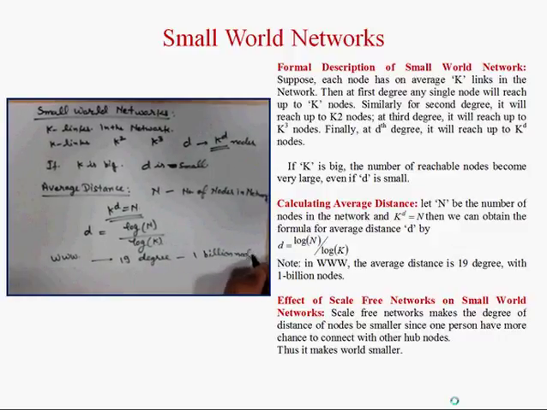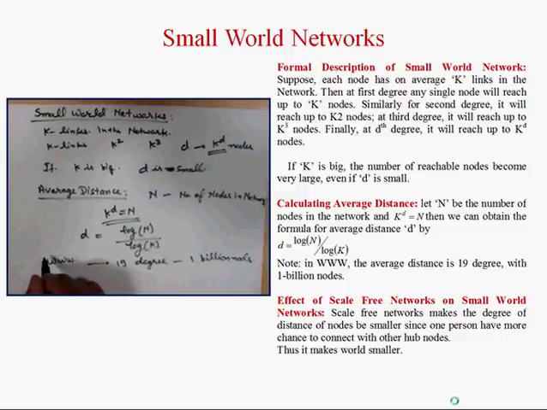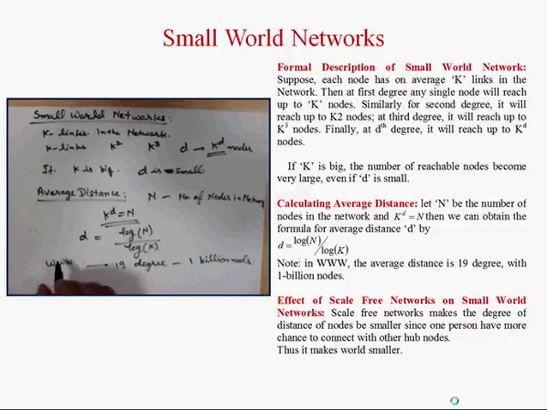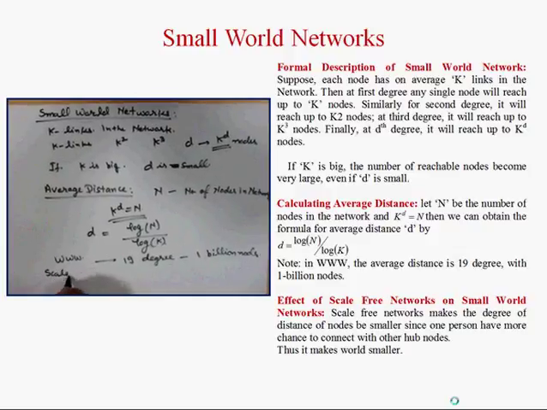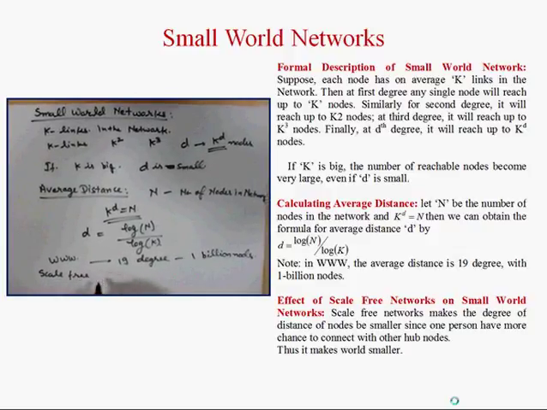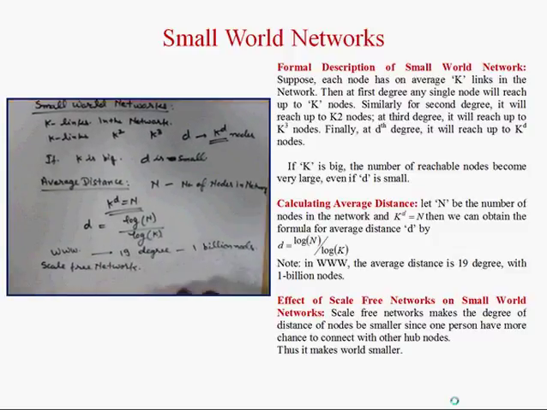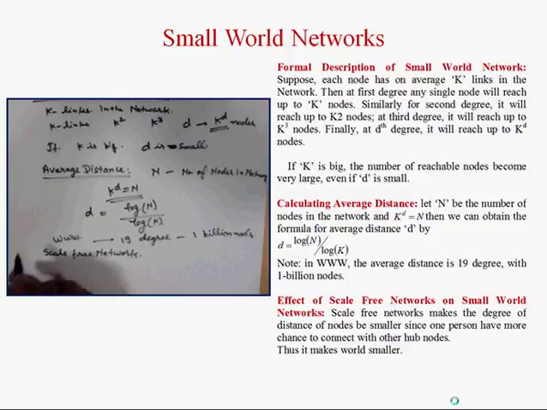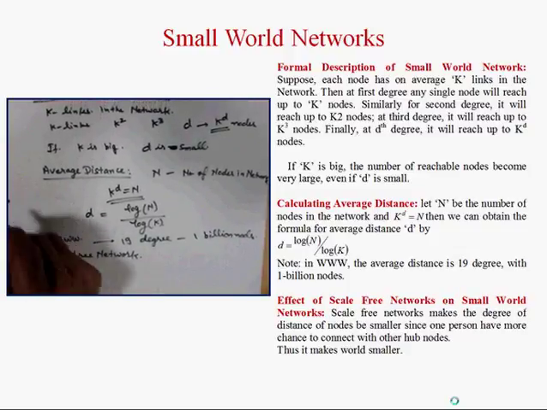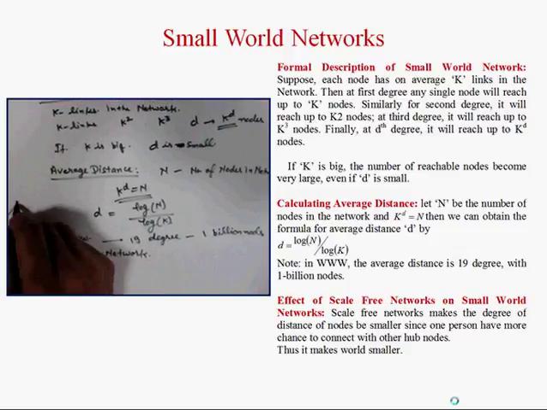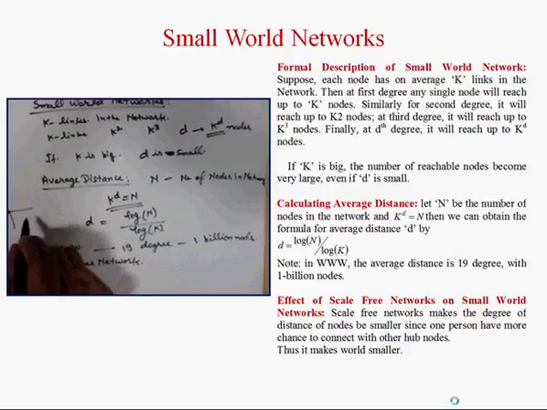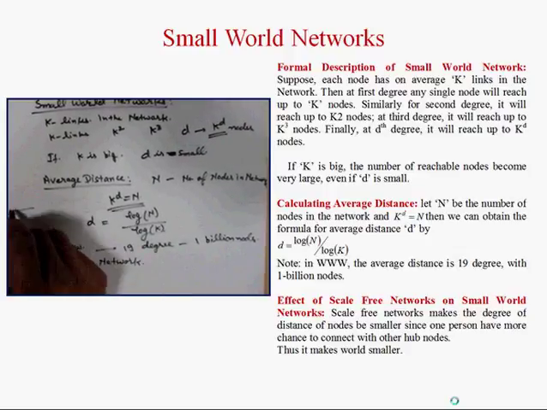Actually, small world network is an important part of scale-free network, because in the small world network we generally consider the concept of hub, meaning a node with a large number of connections,